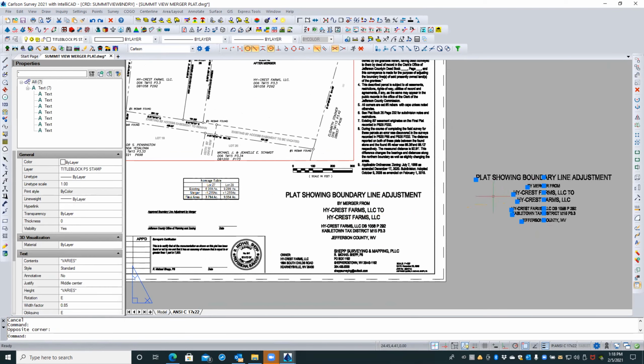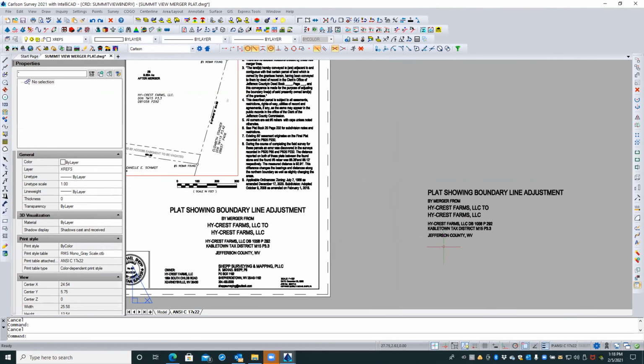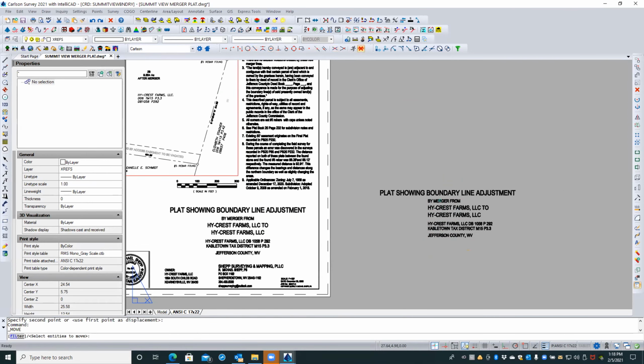And I'm going to change their justification to middle left. Okay, so now because you see they were all set, their justification was set to middle center, but now they're all middle left. And so even if they're, you know, all kinds of